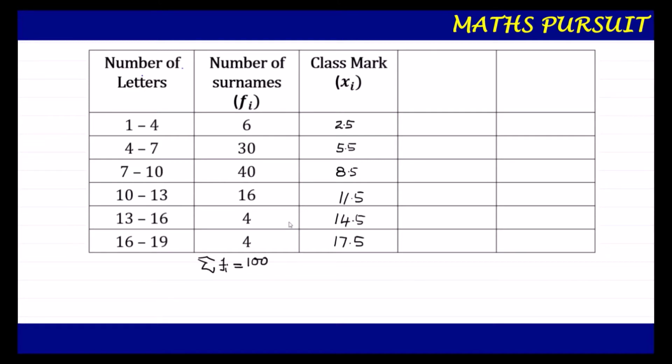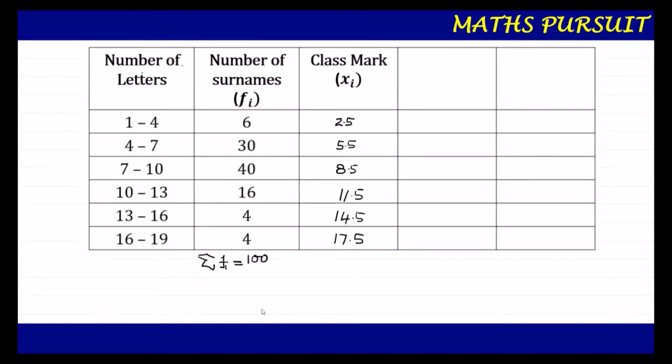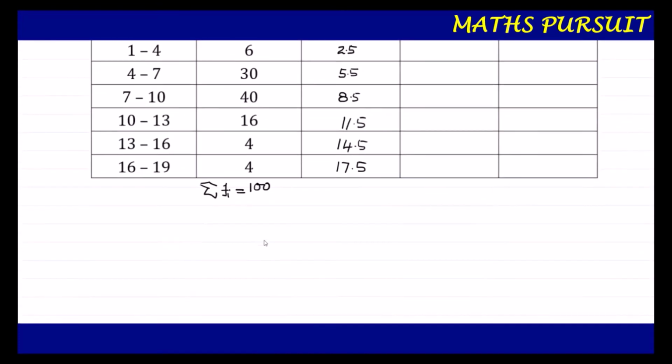So guys, after finding out the class mark, we could see that the class mark figures are a little larger, not very huge figures. So if the figures are a little larger, not huge figures, then we can go for the assumed mean method. So here I have decided to move ahead with the assumed mean method. Let us write down the formula for the assumed mean method. It is always advisable to write the formula for the mean that we are going to calculate.